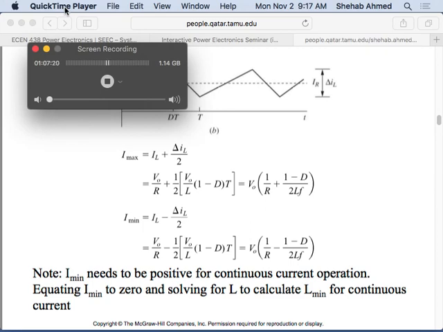The physics of the interaction of all the elements and the circuits are